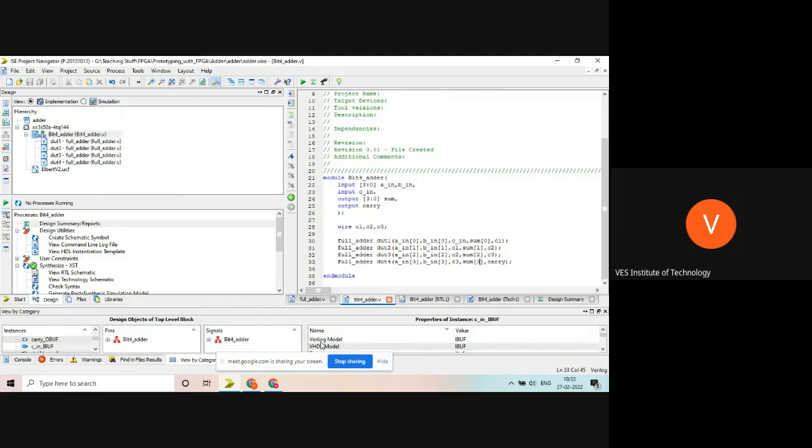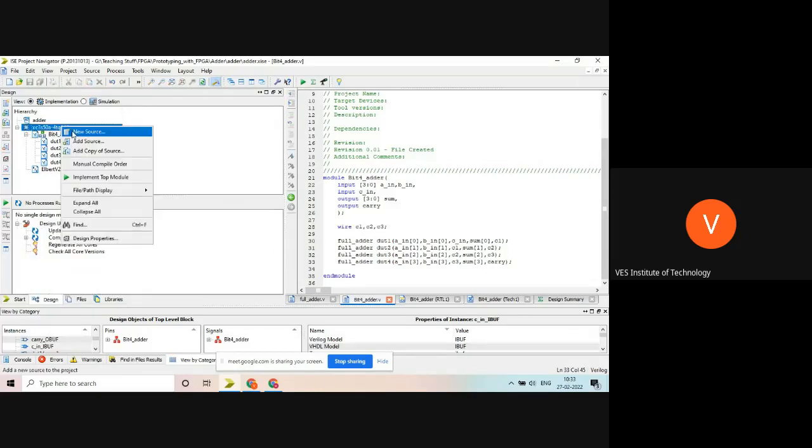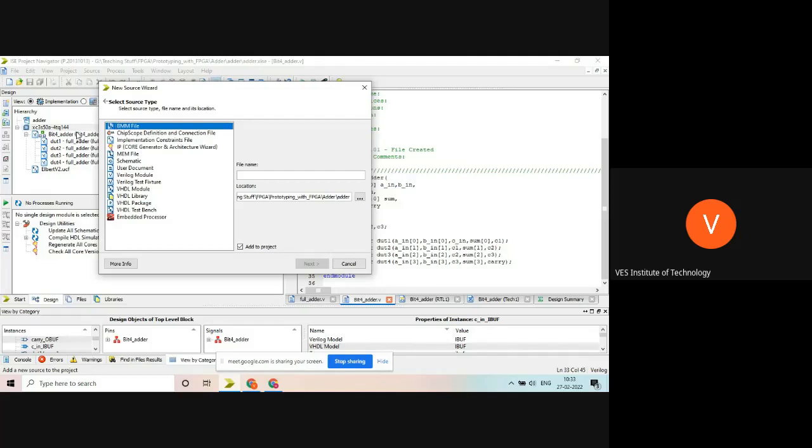Are you all done with this? Yes, sir. So now we can move ahead for the test bench. Okay, let's see the test bench for this.